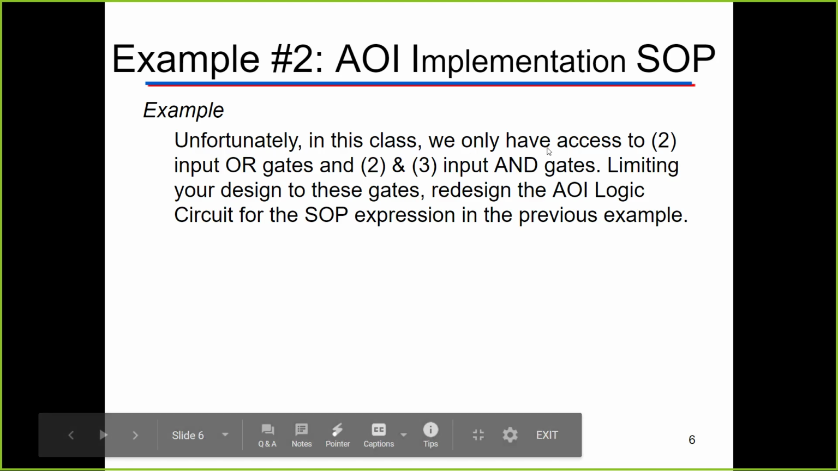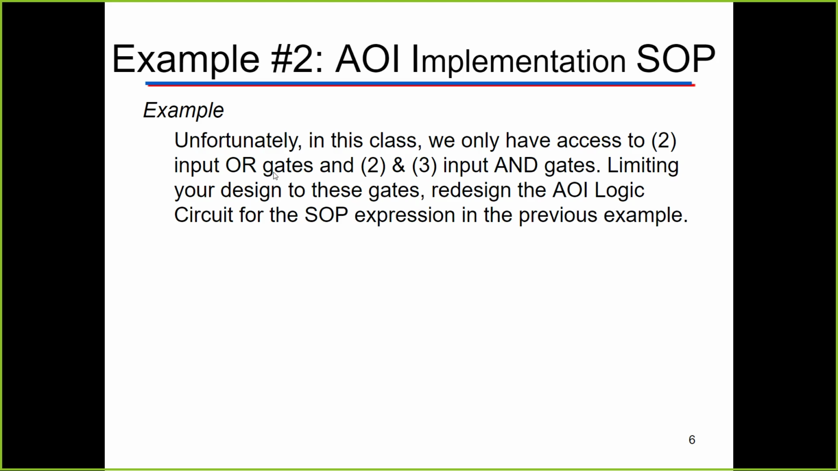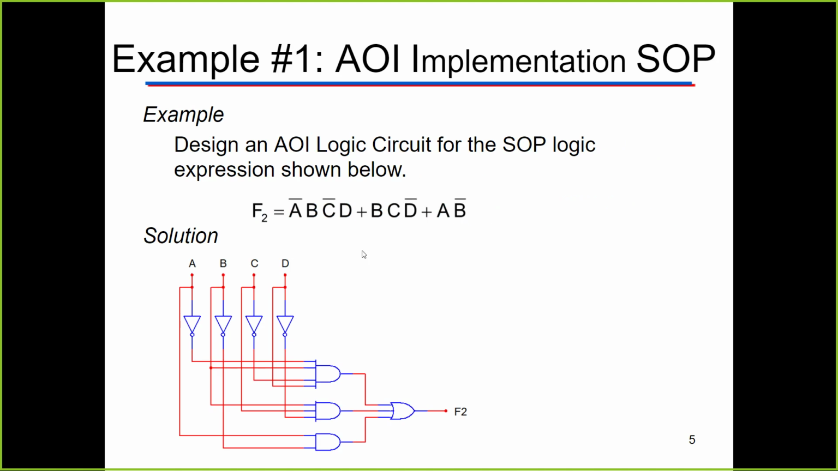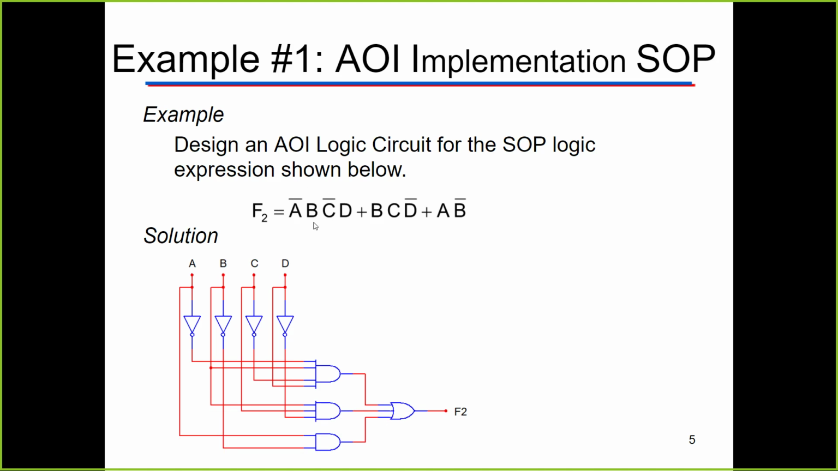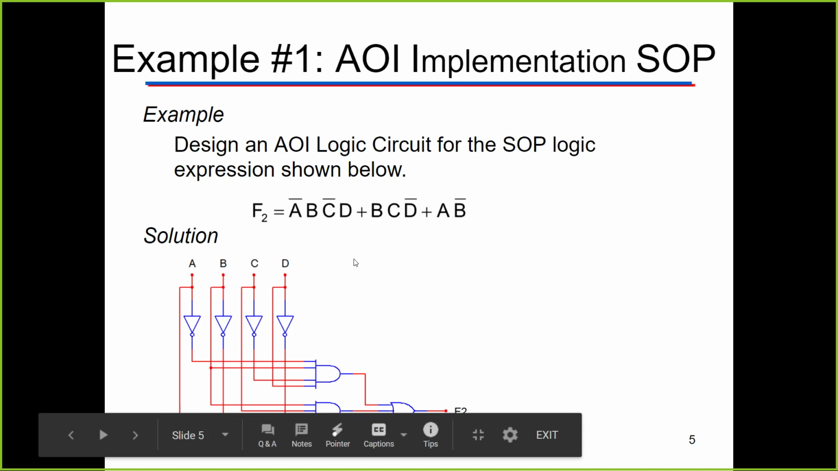Unfortunately, in this class, we will only have access to 2 input OR gates and 2 and 3 input AND gates, limiting your design. So what that means is this. Do you guys see this AND gate right here? That thing has 1, 2, 3, 4 inputs. So they cheated and they drew this with a 4 input, okay? They cheated and drew that with a 4 input, even though we in this class don't even have access to that. We don't have a 4 input AND gate. But